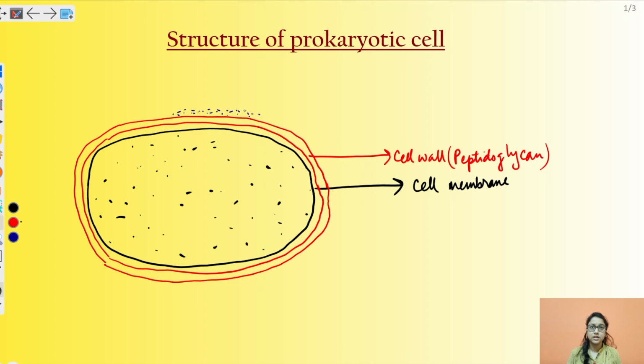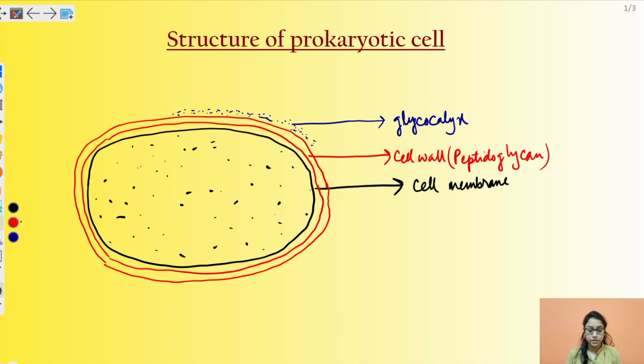structure, a jelly-like or gelatinous layer, and this layer is known as glycocalyx. It may be present in some bacteria and may not be present in others. If it is present, it will surround the whole cell wall, outside the whole cell wall. So this glycocalyx layer can be present as a thin slime-like structure,